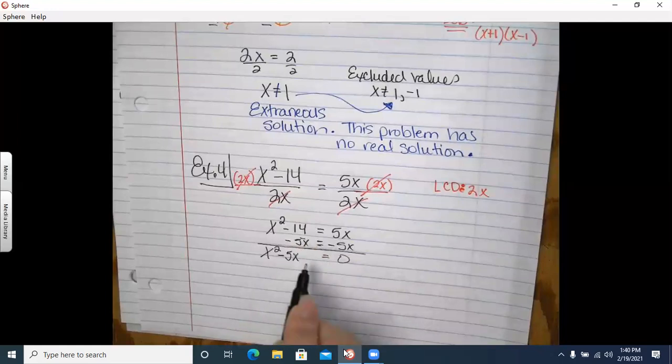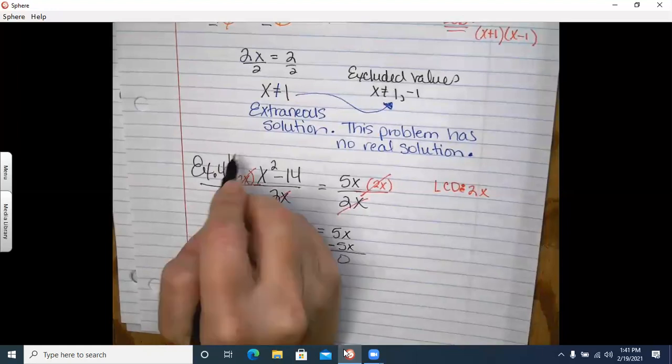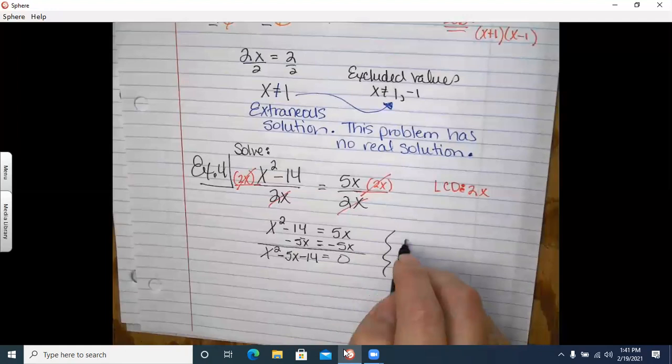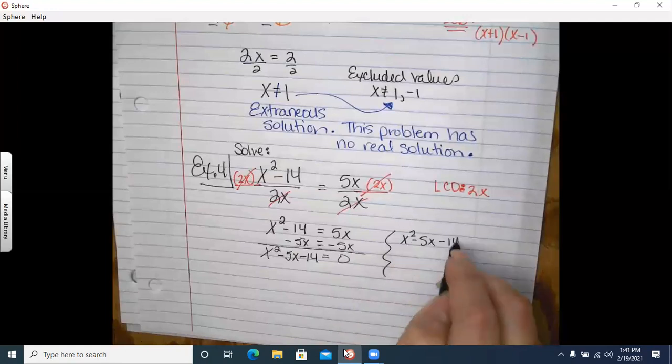negative 14. Y'all know that when you have a quadratic, you can't just solve for x by moving everything to the other side of the equation, right? You either have to solve it by factoring. Does factoring always work? No. Quadratic formula, does that always work? Yes. Completing the square, does that always work? Yes. So if we're going to solve it, which is what the directions say to do, we can factor, use the quadratic formula, or complete the square. I'm going to try to factor